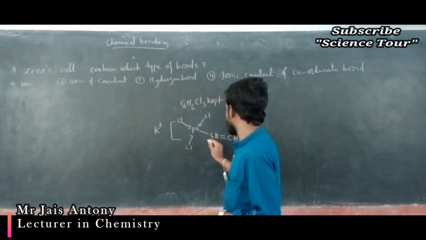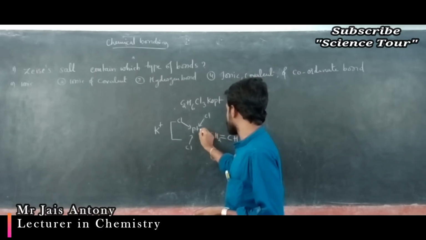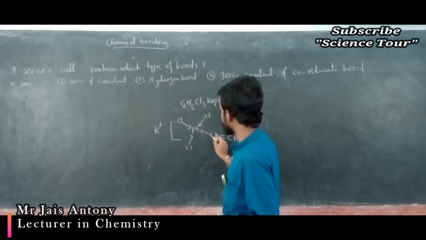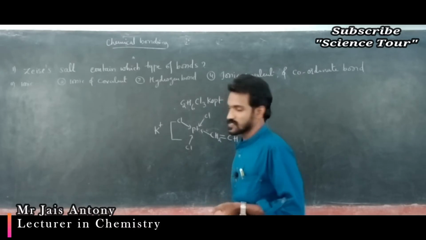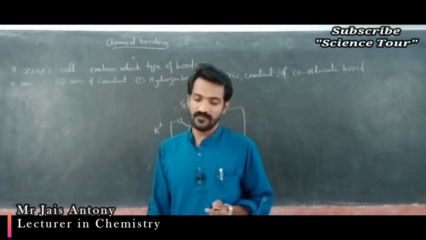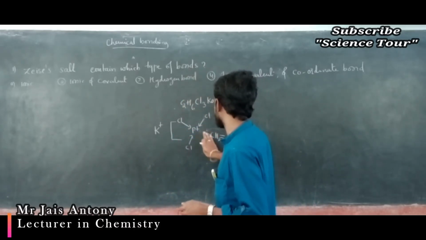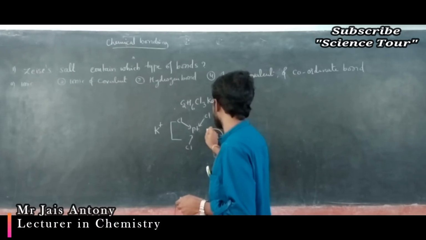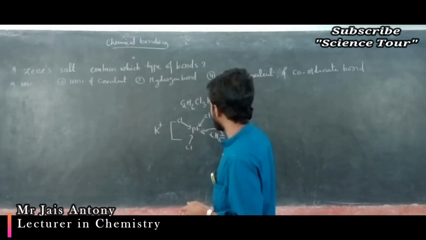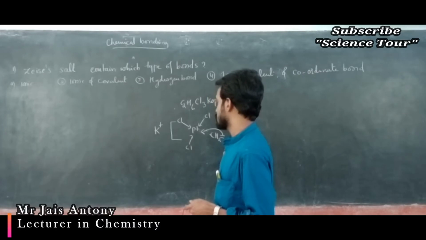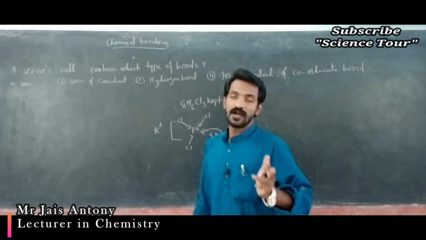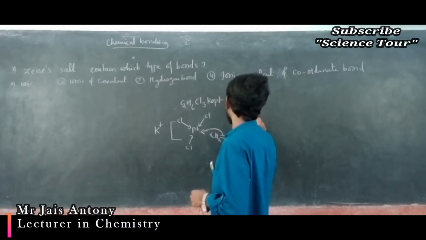Okay, this is actually a coordinate bond. It forms a coordinate bond with this platinum. Understood? A coordinate bond, this bond is used. Okay. A little difficulty is there in the structure, my dear students. Don't get confused. Okay, because this double bond is used, it forms a coordinate bond with this particular platinum like this. Okay, CH2 and water molecule.